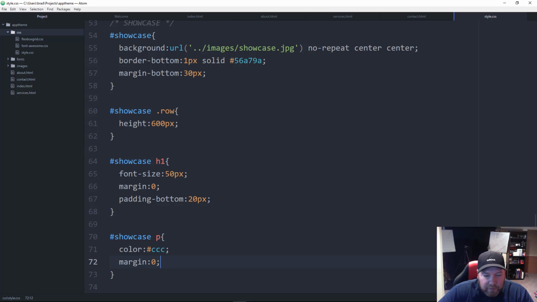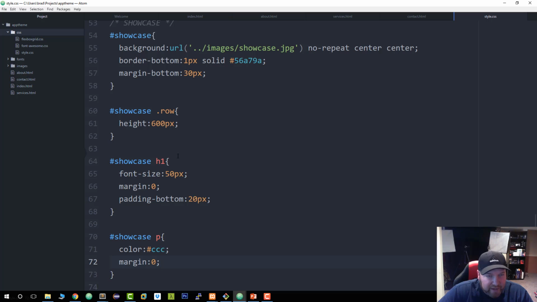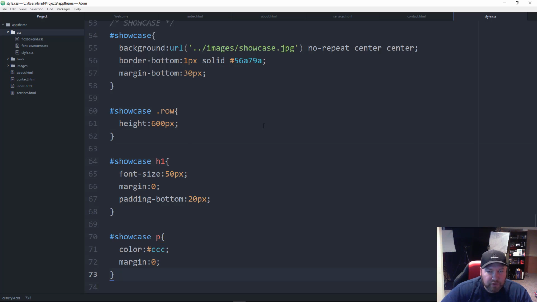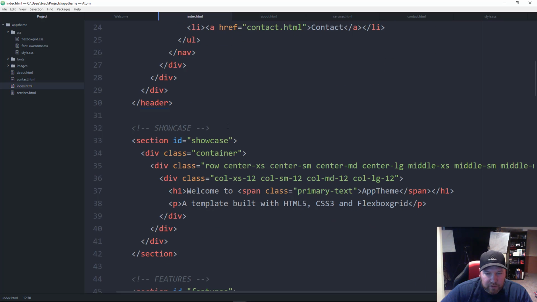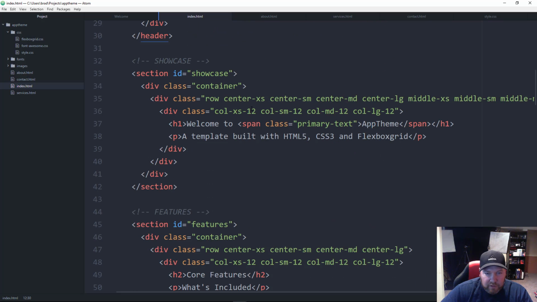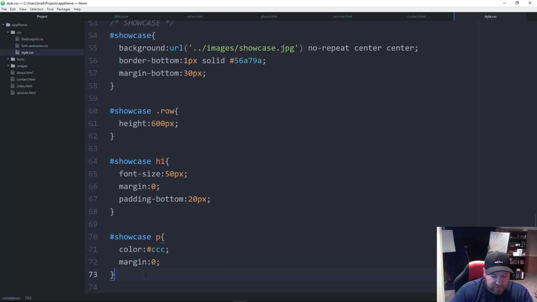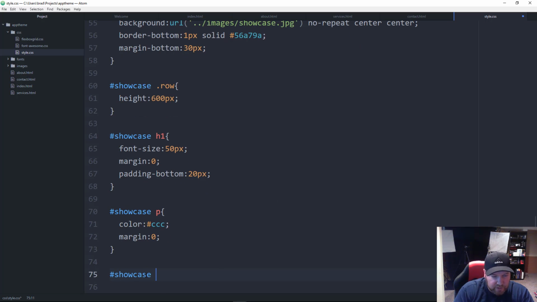Alright, now we wrapped the heading and the paragraph in a class called showcase content. At least we should have. Let me just double check. Oh no, I didn't. So I'm just going to add on to this class here, showcase-content, because we need to add that dark background color. So down here we'll say showcase class showcase content,